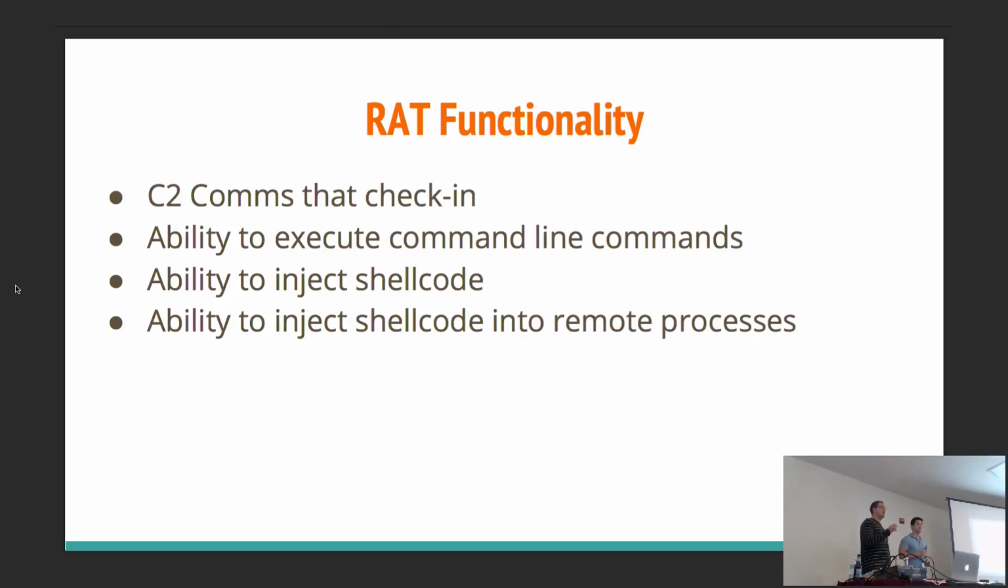The shellcode injection, maybe some people don't find a need for. I've used it a lot, and it's been helpful where I can leverage my initial RAT to get a better RAT that I actually want injected on the system. But this is kind of what we start with. It's going to be dependent upon your client. What are your goals for the operation that you're performing? What do they want you to do, and what